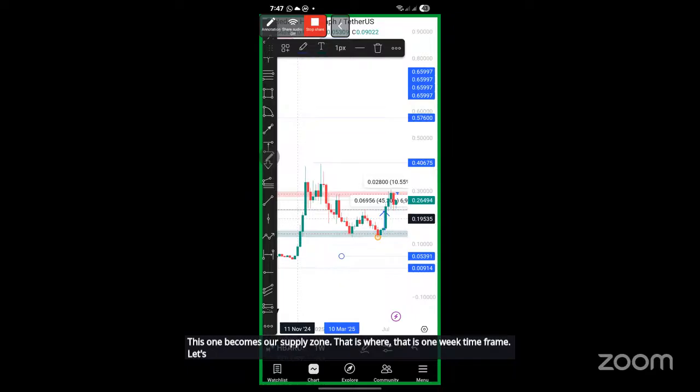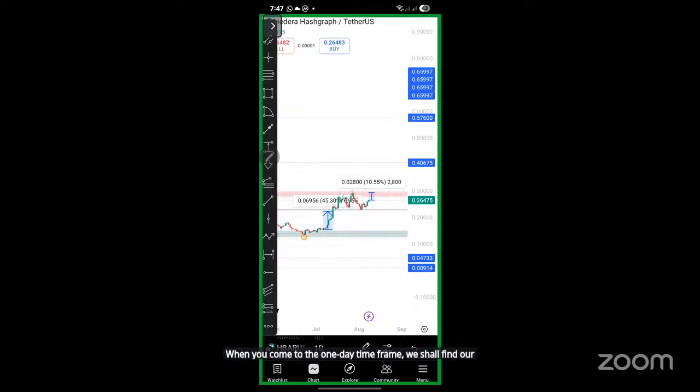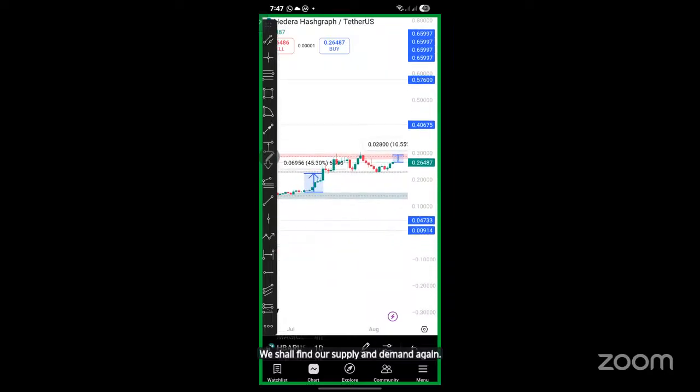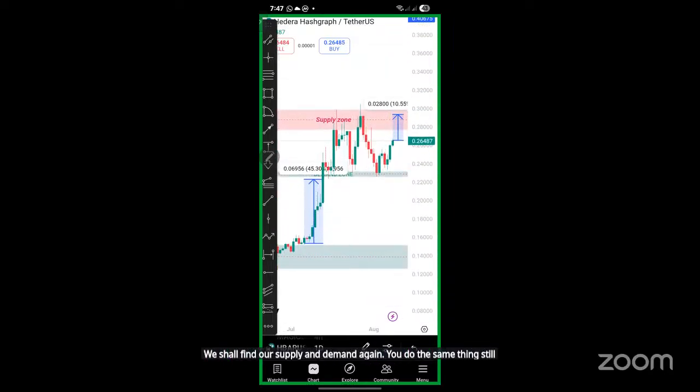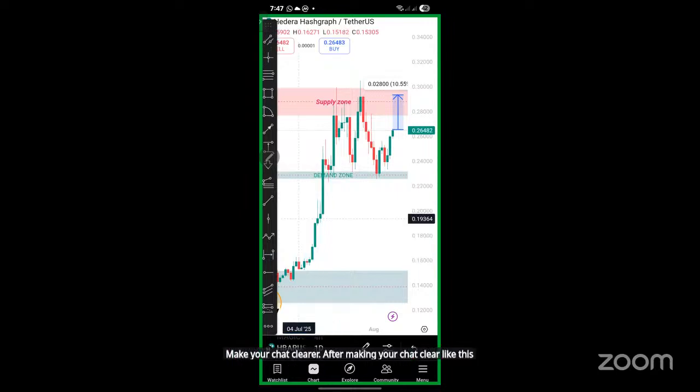Let's go to the 1 day time frame. When you come to the 1 day time frame, we shall find our supply and demand again. You do the same thing still. Make your chart clear. After making your chart clear like this,